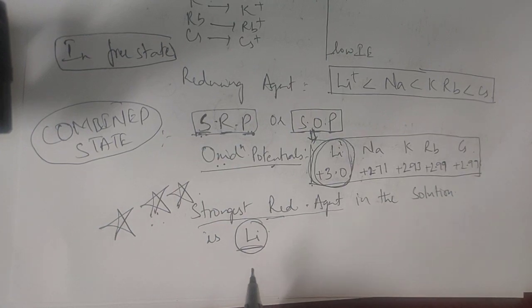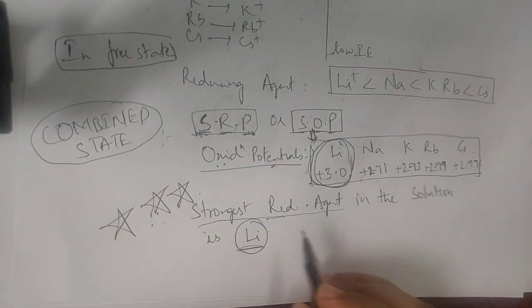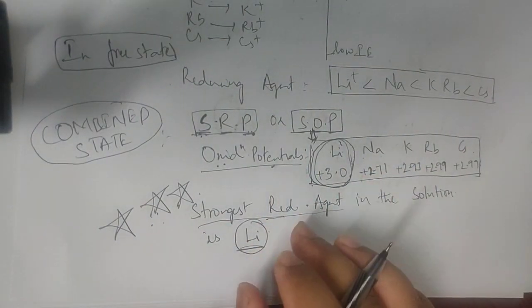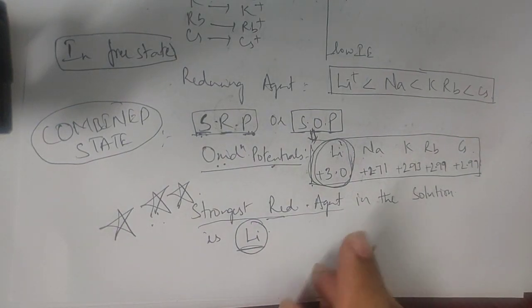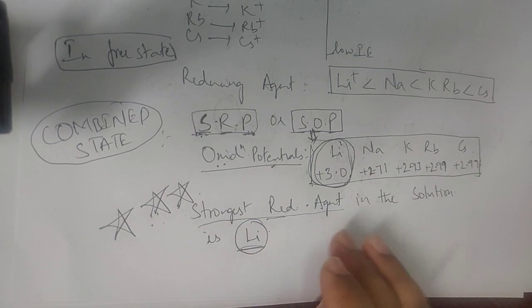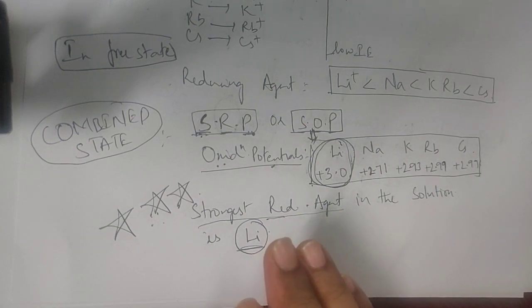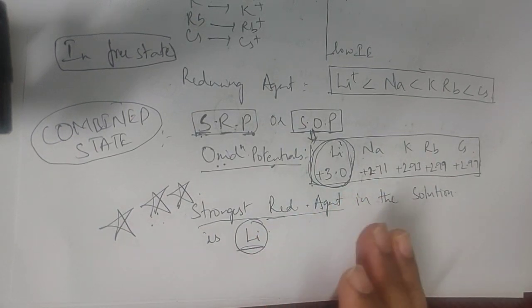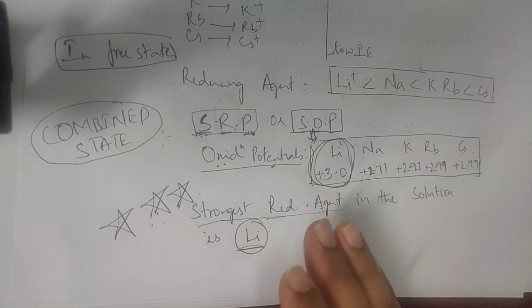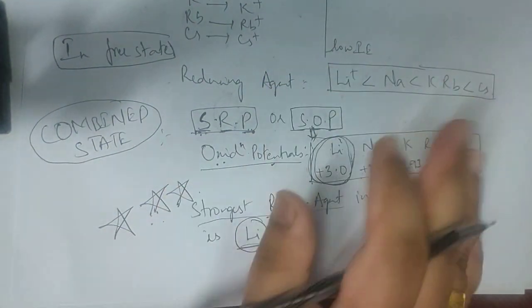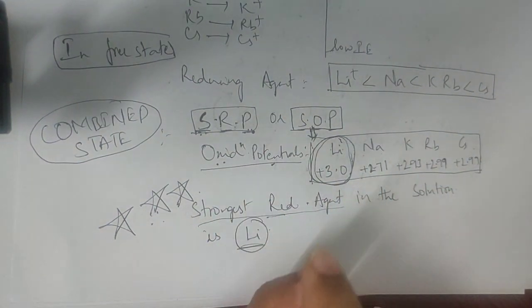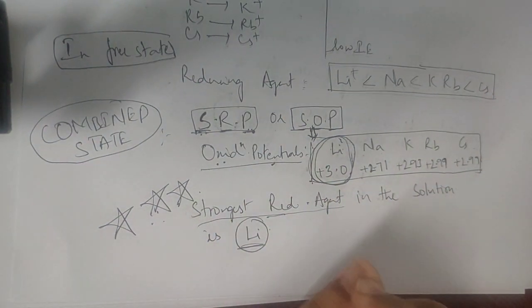These are the main atomic properties, and there is one more atomic property, that is hydration of ions. With that our atomic properties will be done, then the physical properties, and then we'll move to the chemical properties. So for today we shall stop here. In the next class we'll start with hydration of ions, and then move to the chemical properties.